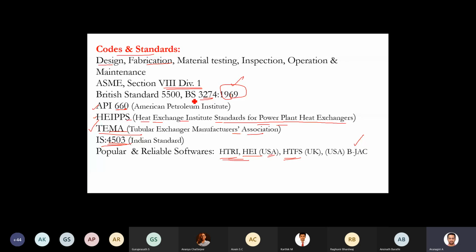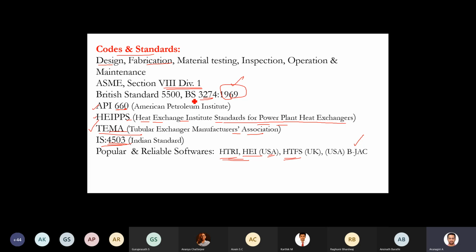That's the idea. Because you see the complexity of a shell and tube heat exchanger when compared to a double pipe heat exchanger, it has more mechanical components. In a double pipe heat exchanger, you have an inner pipe and an outer pipe. If you have a very lengthy one, to avoid that you can provide hairpins, return heads for shell side, or return bends for tube side. These are all main components. But if you go for shell and tube exchangers, it has many components. We'll discuss them later.